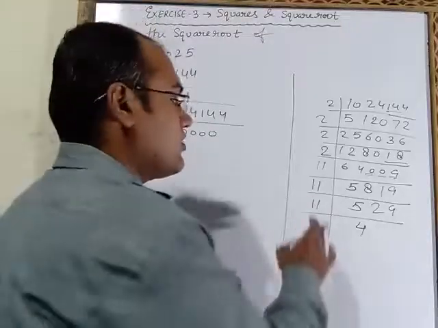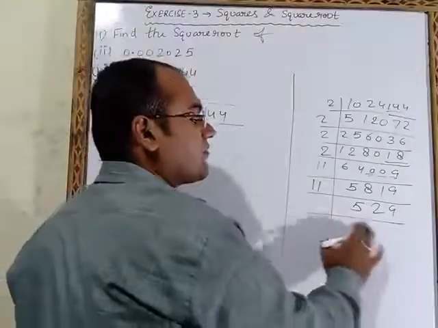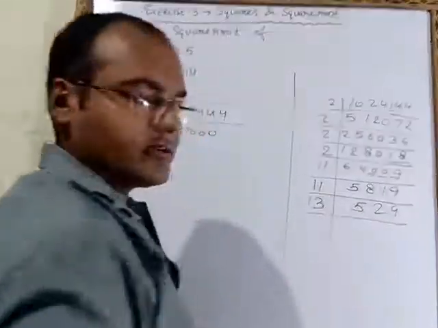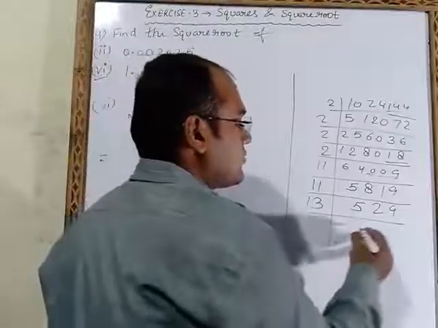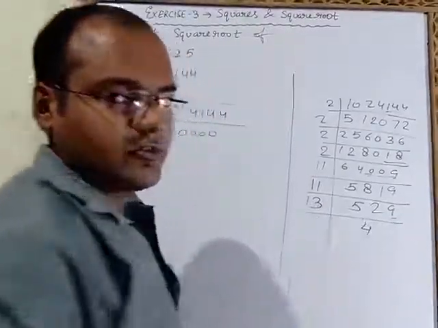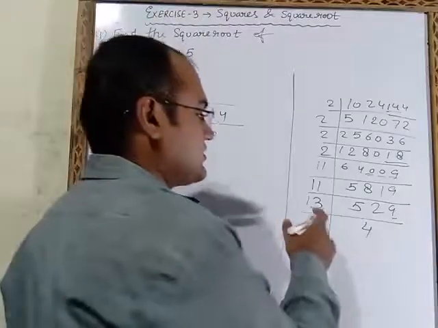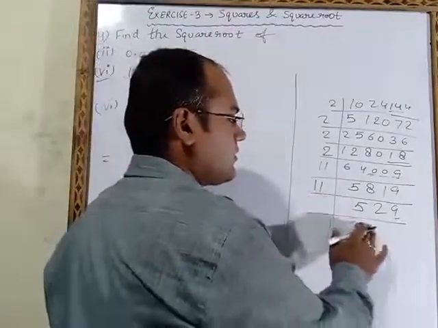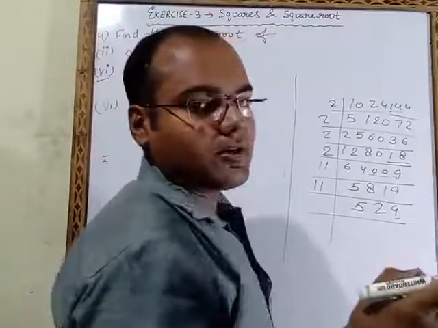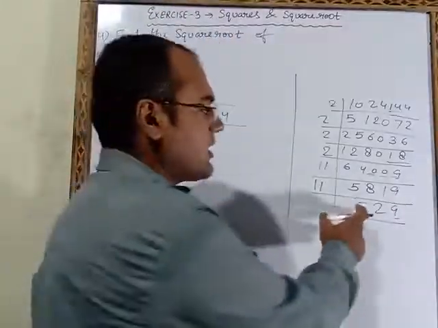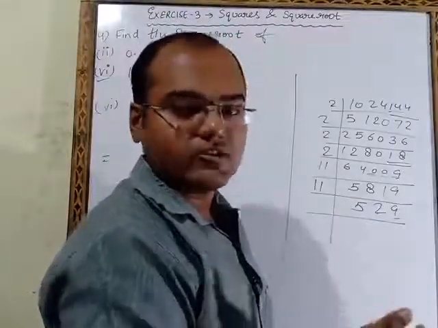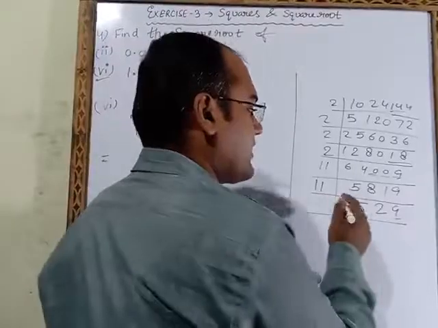So what do you have to do? You have to take another number. After 11, which prime number is coming? 13. So we will try with 13. 13 4s are 52. 9 is remaining and 9 is not divisible by 13. So we will take some other number. After 13, which prime number is coming? 17. It is not divisible by 17 also. Then we will check with another prime number, 19. It is not divisible by 19 also. It will get divisible by